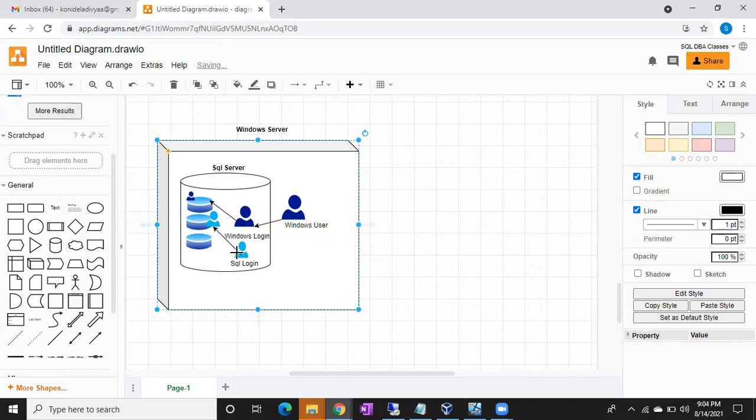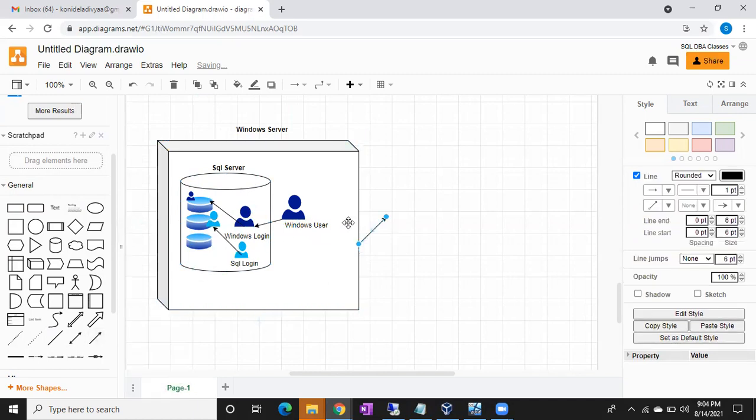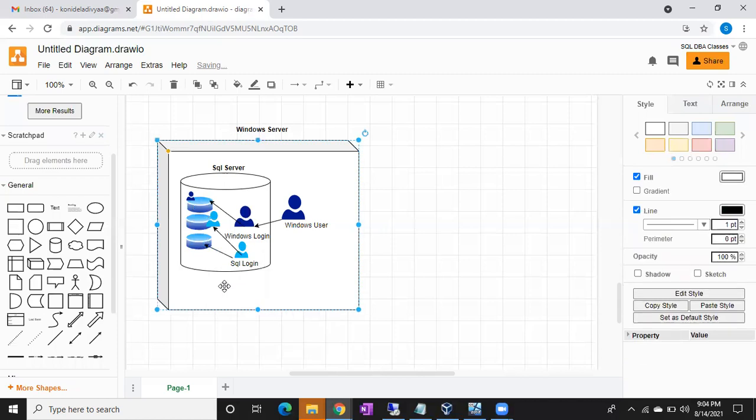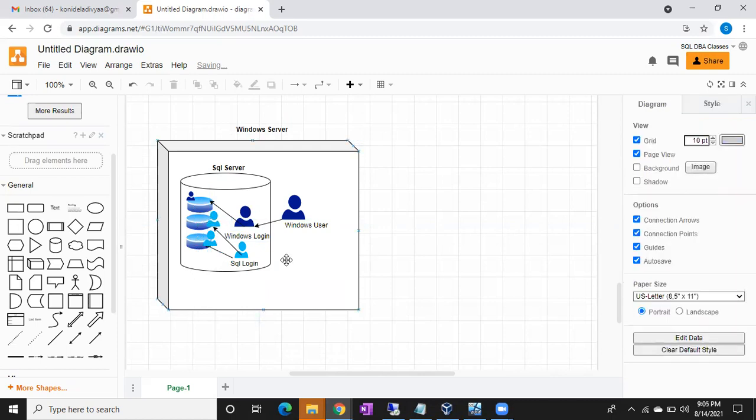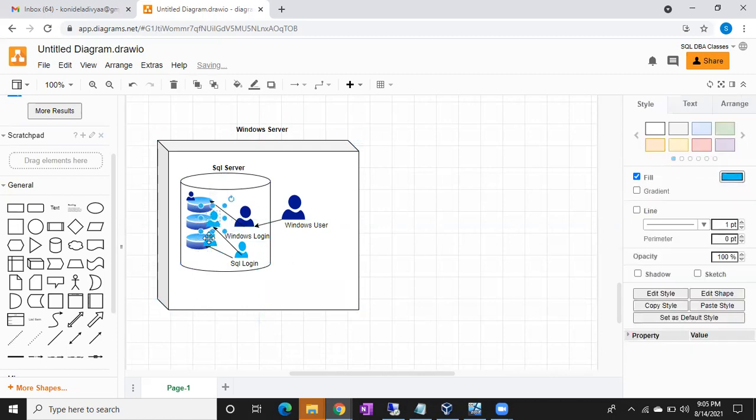Fine. So in case you give access on different databases, automatically different users will be created for the same login. For the same login, different users will be created in each database. Right, fine. So for these two users, who is the father? This guy is the father.